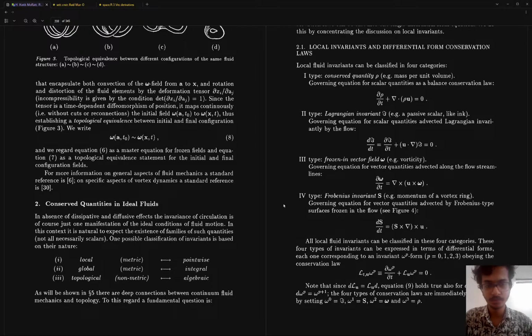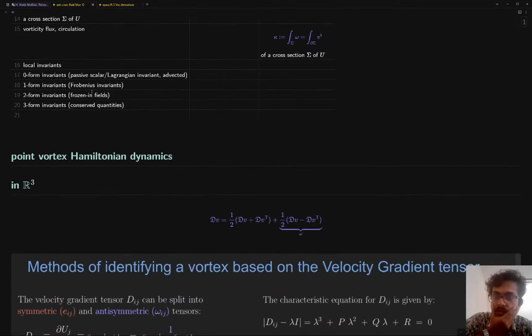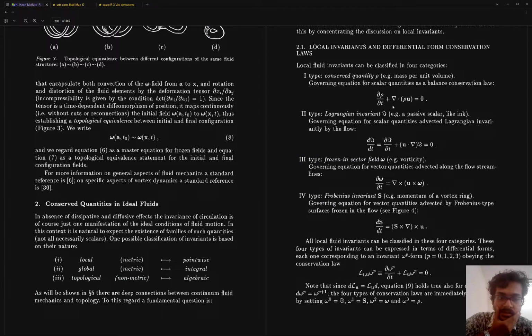Its example is vorticity. Vorticity satisfies an equation like this. The vorticity vector field will satisfy an equation like this, which I denote by W, not omega. Okay. What will happen there is, if I integrate the vorticity initially, is that supposed to be it? So I am working under the idea that what they are saying is that all of these equations, there is a fourth type of invariant which satisfies this equation, which is also a vector, they are all coming from